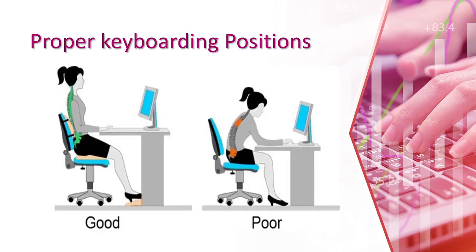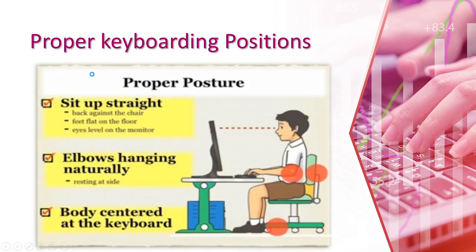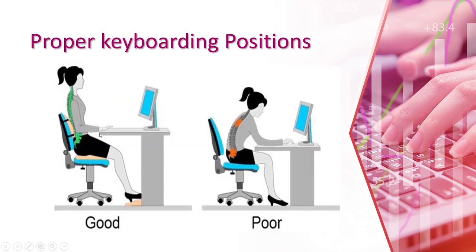I am showing the pictures also that we learned. See this picture, proper keyboarding position. You can also see it in the previous lecture, right? It is just a short description that you can remember. The first picture that I am showing here is good, we have to sit like this. You can see the legs are under the table, hands on the keyboard, back should be straight, and the keyboard in front of your body.